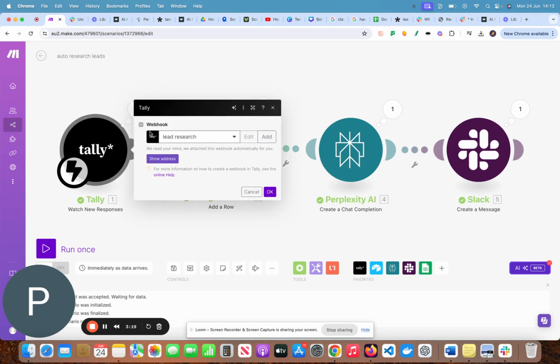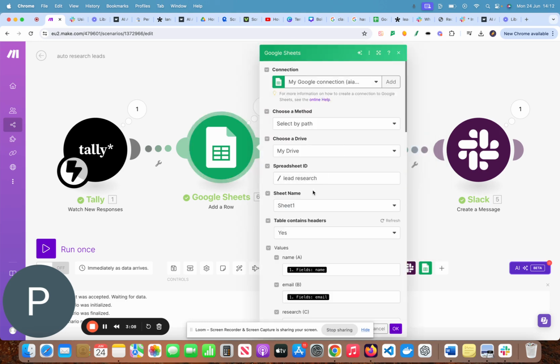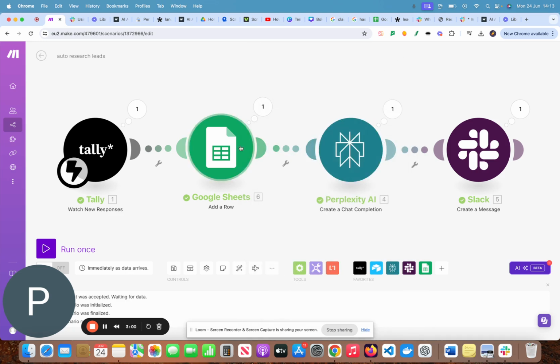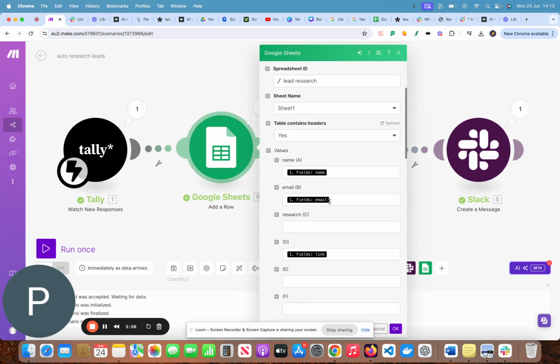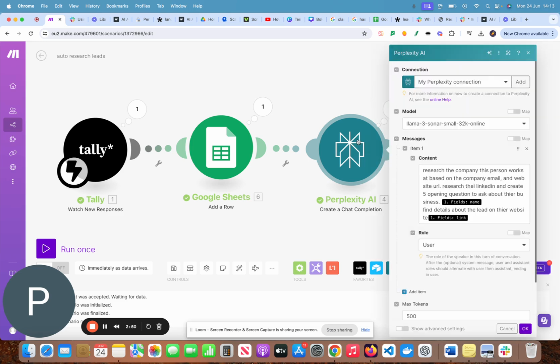So in the form, we have a simple Tally form with the 3 inputs, and then we have a Google Sheets where we collect that information and just save it on there, just so that we can go over it like a CRM system. So you can see we've mapped the field names, name, email, and link to the company. And then the important part of this automation is